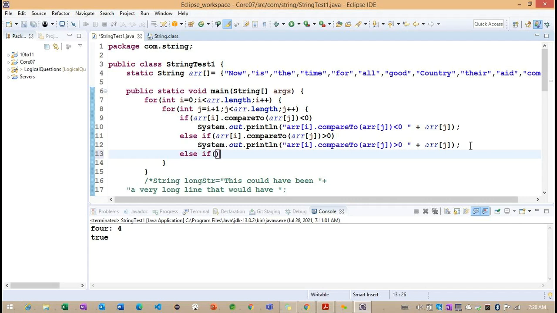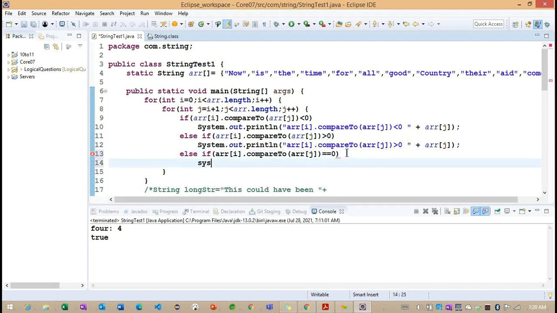And we can take another one, equals to 0, because the compareTo method will provide these many values here.